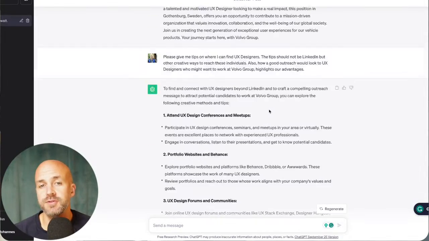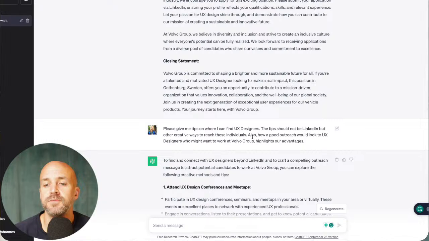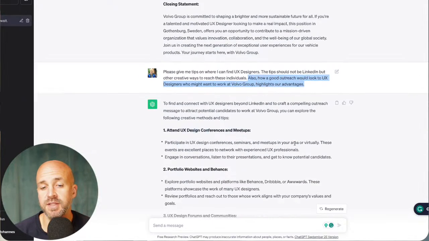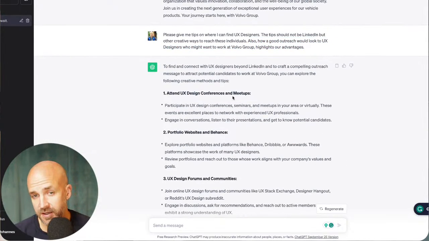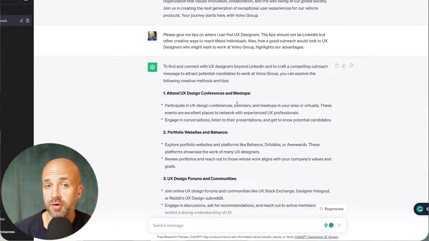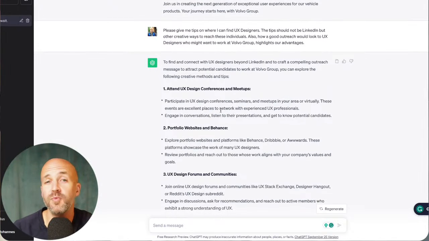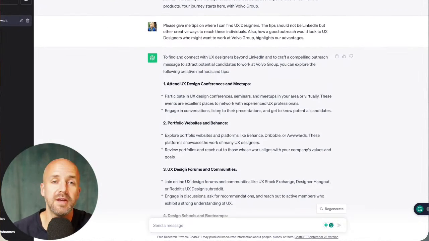What I also asked it in this prompt, if we scroll back here, was how a good outreach would look to a UX designer. And what it spit out here is, okay, UX conferences. I could ask more about that. Where are those conferences? What are the most highly attended UX conferences? Once again, remember, it's not connected to the internet, so it might be outdated data. But you can delve deeper on all of this if you're more curious about a particular subject